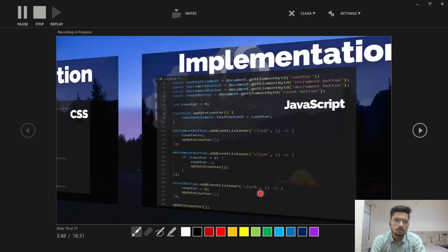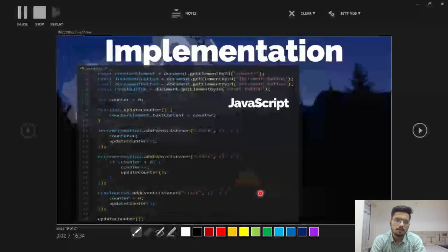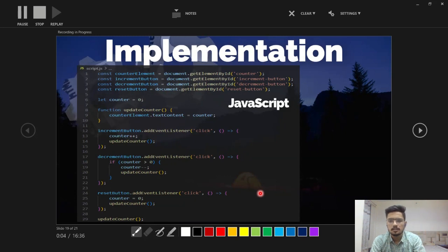This is the JavaScript code snippet that adds functionality to the counter app, which corresponds to the HTML and CSS in the last slide as we have seen. Now let's see this code. So here the counter element, increment button, decrement button and the reset button are the variables that store references to HTML elements with specific IDs. These references are obtained using document.getElementById. Okay. The counter element references the element with ID counter, which is where the counter value will be displayed,